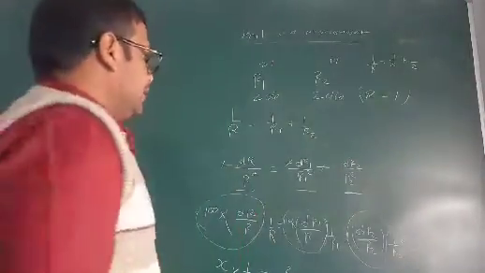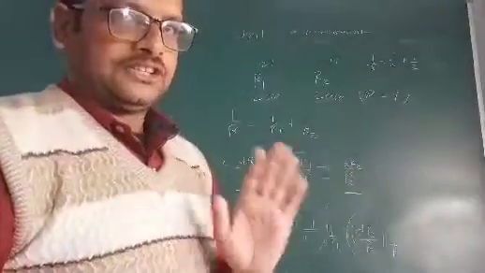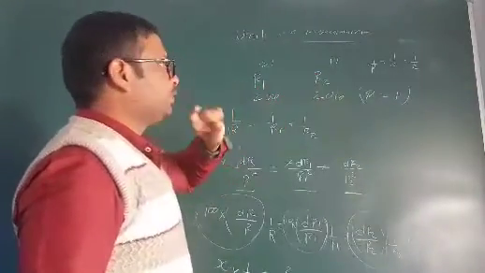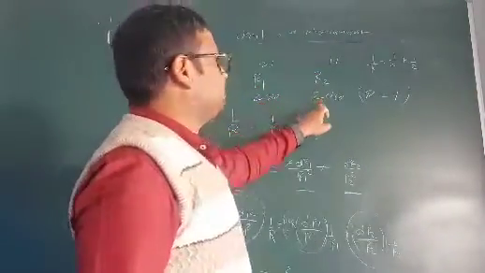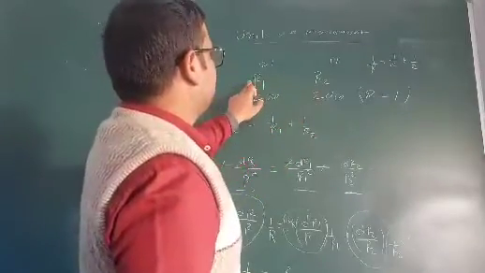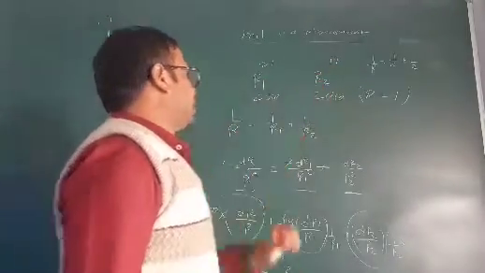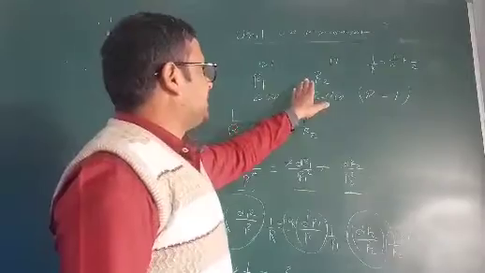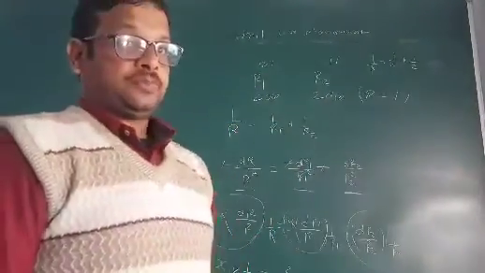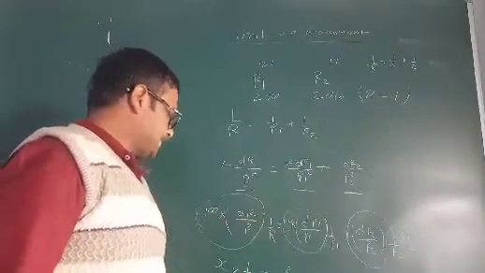Very simple. Once again, let me just revise this. There is a question of resistance. There are two resistances R1 and R2, and their values are 2 ohm and 2 ohm. The percentage error in R1 is 2%, and R2 has a percentage error of 1%. The question is, when these two resistors are connected in parallel, what is the percentage error in their resultant? You will solve it like that. This is the percentage error.